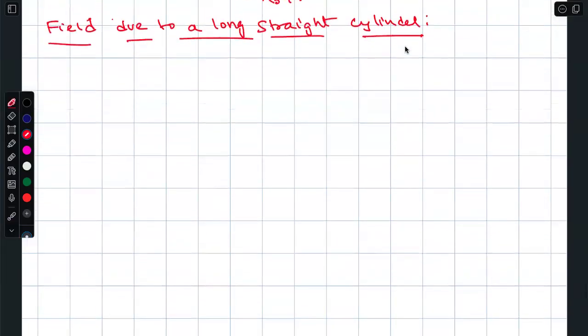Remember, you are taking a really long cylinder. See, we are taking a long one. So for that purpose,